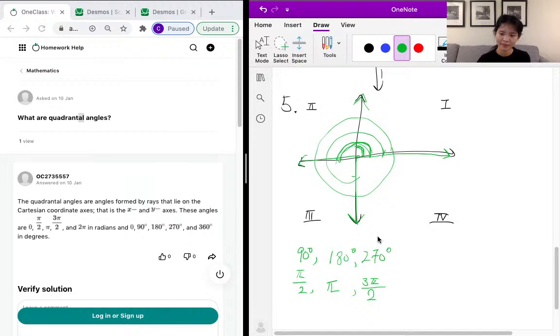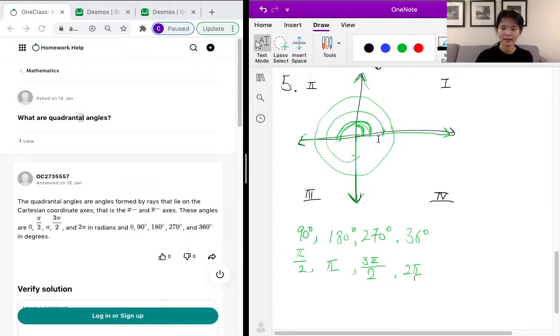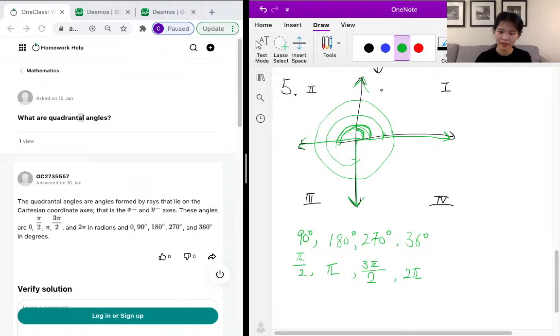And the angle that goes all the way around the circle is 360 degrees and 2 pi radians. Perfect, and these are our 4 most common quadrantal angles, and they're basically just angles that mark the border of the quadrants in standard position or on the unit circle. Nice. And obviously, it can go on forever, so the next quadrantal angle, as you anticipated, will be 5